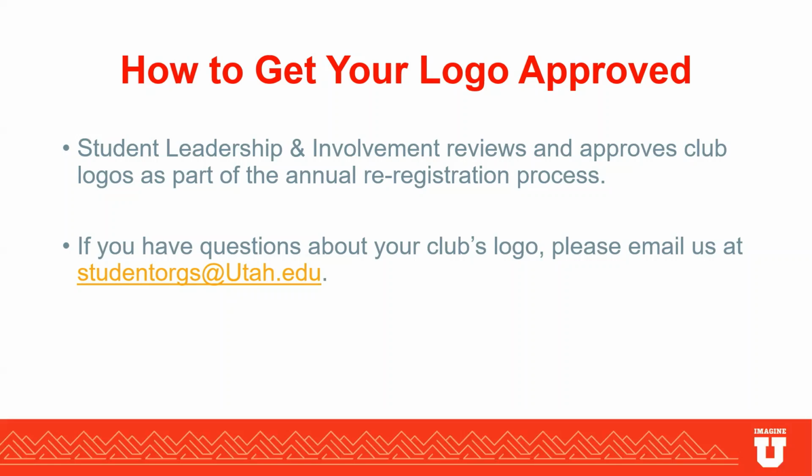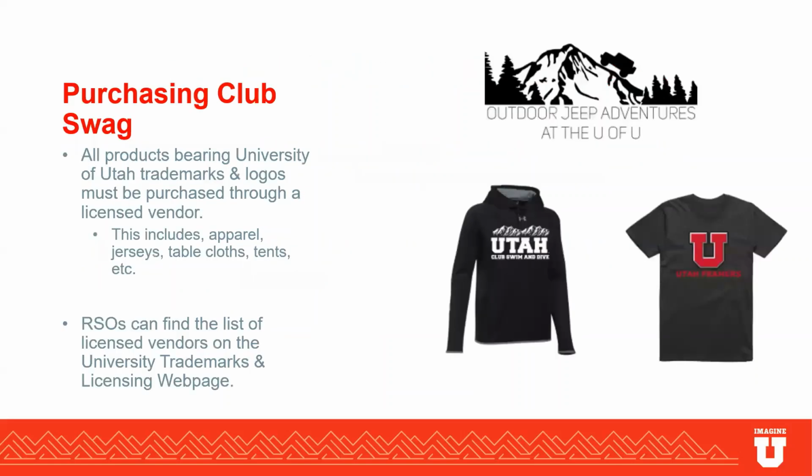studentorgs@utah.edu. We're happy to look over any logos or marketing pieces that you've created. When you're purchasing club swag, so this includes apparel, jerseys, tablecloths, tents, anything with your club name on it, it's important to know that all products bearing University of Utah trademarks and logos must be purchased through a licensed vendor. So you can find the list of licensed vendors on the University Trademarks and Licensing webpage, and we'll send this information to all club leaders so you have a link to that licensed vendor